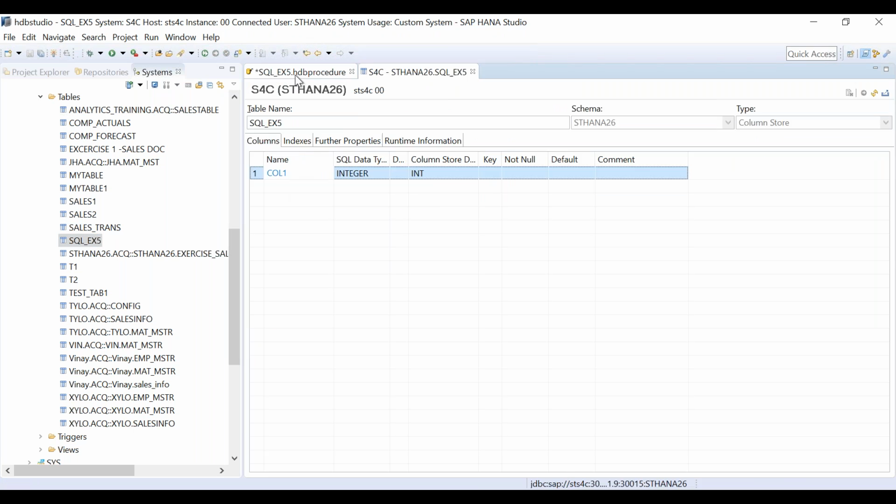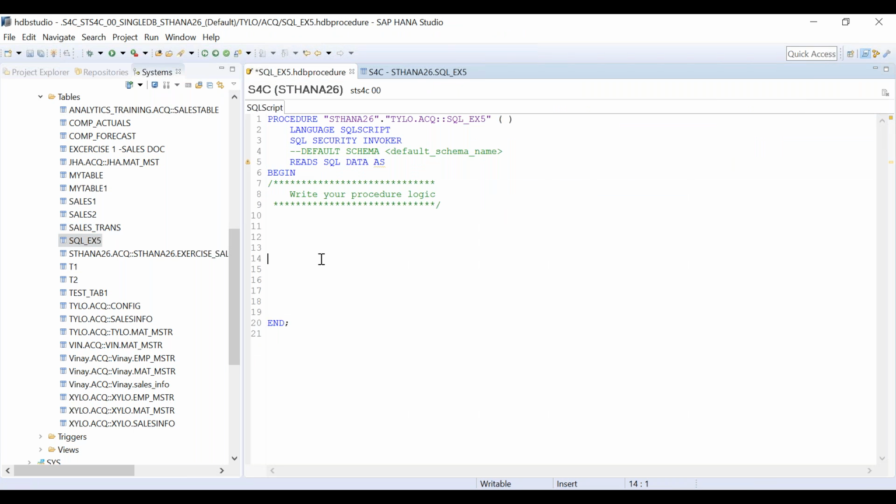Now what I want to do here is that user will give some input parameter in I underscore input, and it will be of type integer. So if user selects 50, that means 50 entries have to be inserted inside my table.